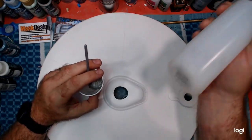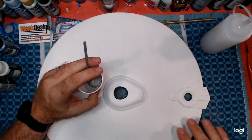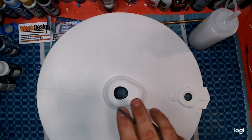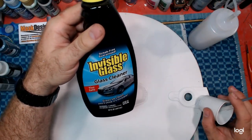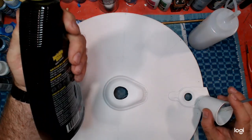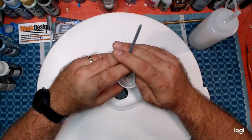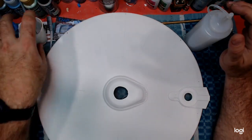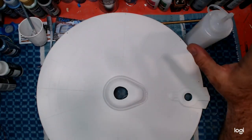Now, the other thing is, Gary shares his mixture for a thinning solution for these craft paints, and I was using this stuff. I was using this invisible glass for the longest time since I've been using craft paints to thin these out, and this has worked great. There's no dye to this, so it's clear. It didn't mess with the colors or the pigments in your paints. But I saw Gary share this mixture. I decided to try it out, and this mixture, you can go on Gary's page over at Mass Design, and he's got it shared on there. But basically, it is